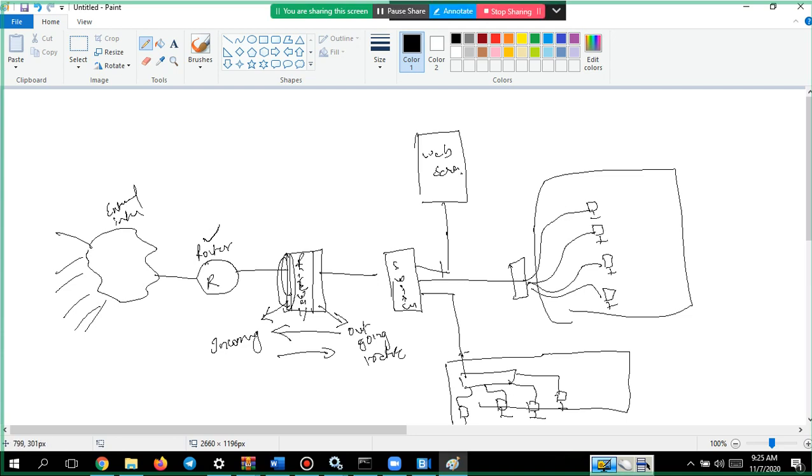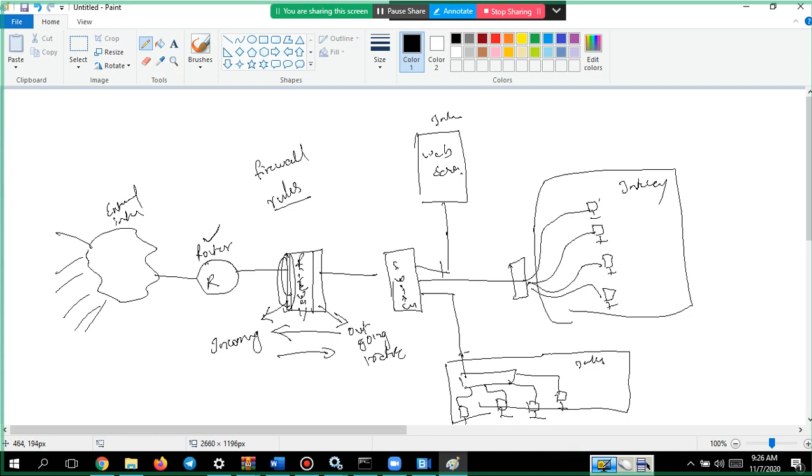Okay, so from the external world, someone is trying to enter from the internal. This is also internal, this is also internal. All these things are internal. In these internal networks, or from external, if the traffic is coming in or going out, it will be monitored using the rules. What are these rules?